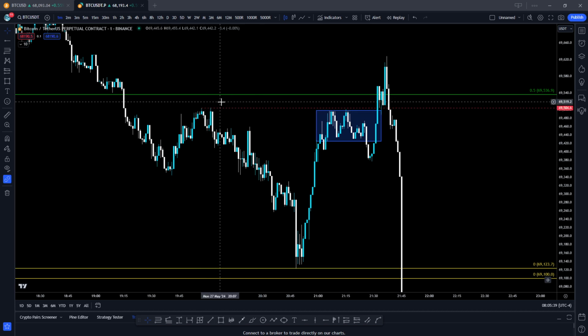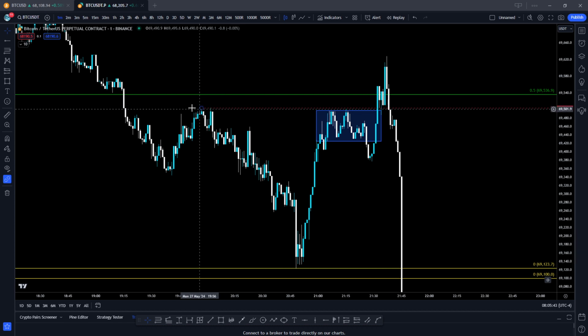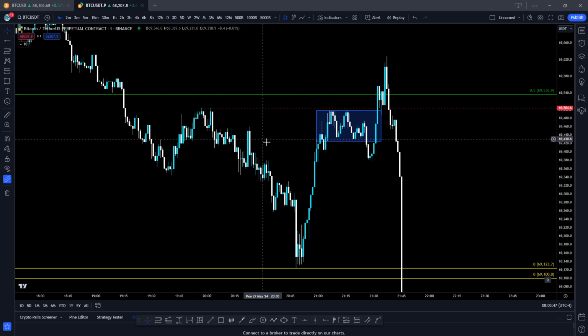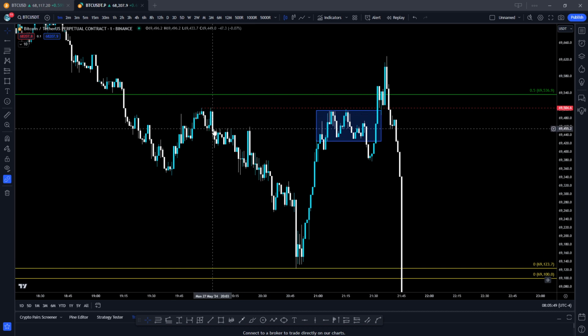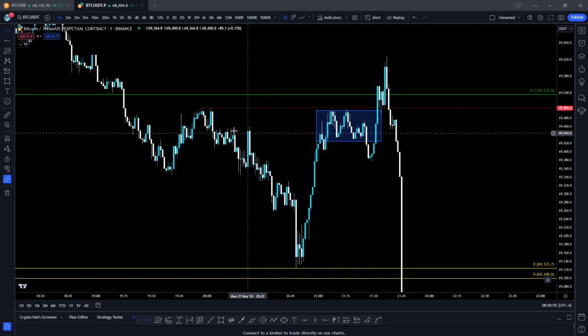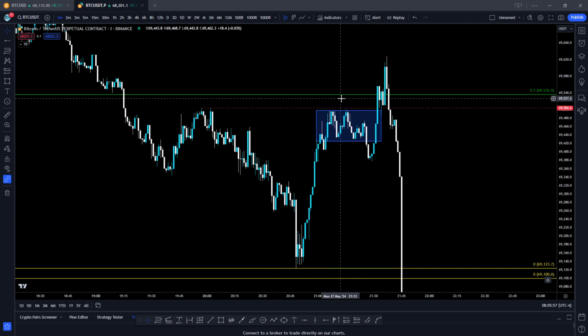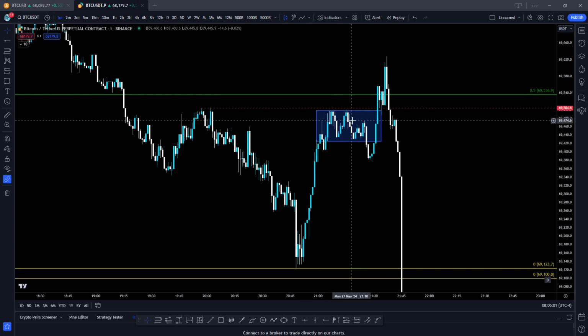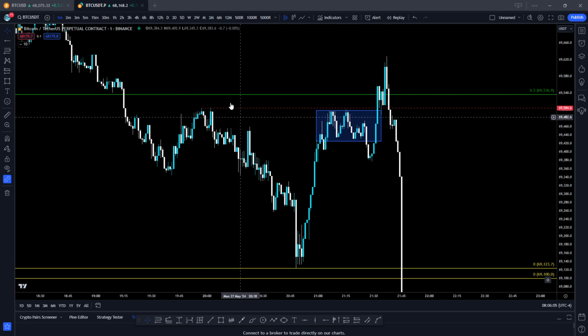You've got your equal highs up here, which I love, because equal highs love to be taken out, and equal lows as well. And you also have these right here that we kind of consolidate a little bit on top of, but it's not really necessary for this lesson. What's important is that we do get this consolidation right below